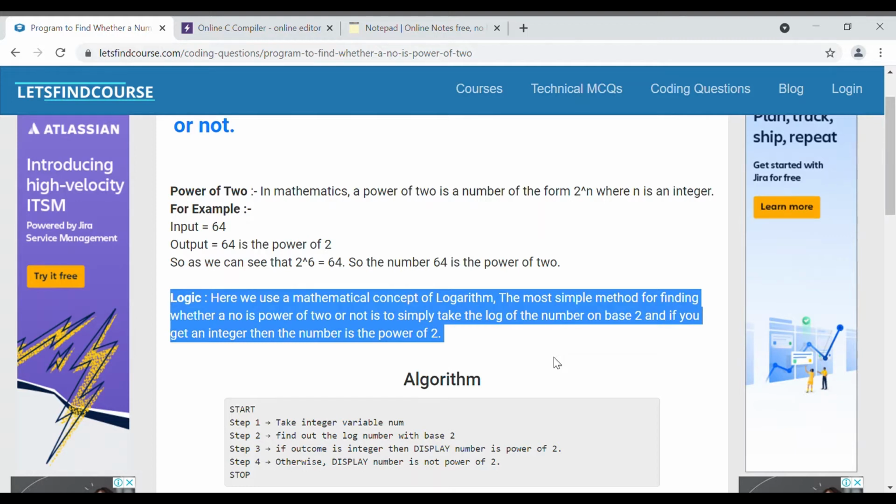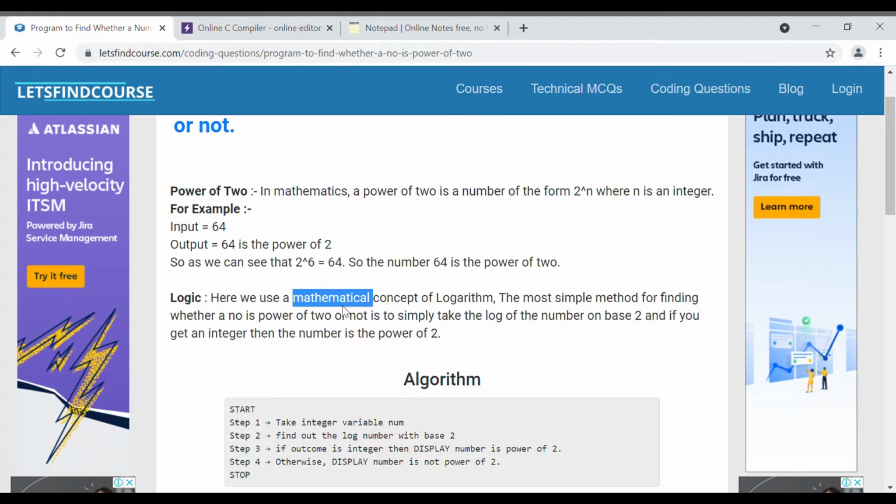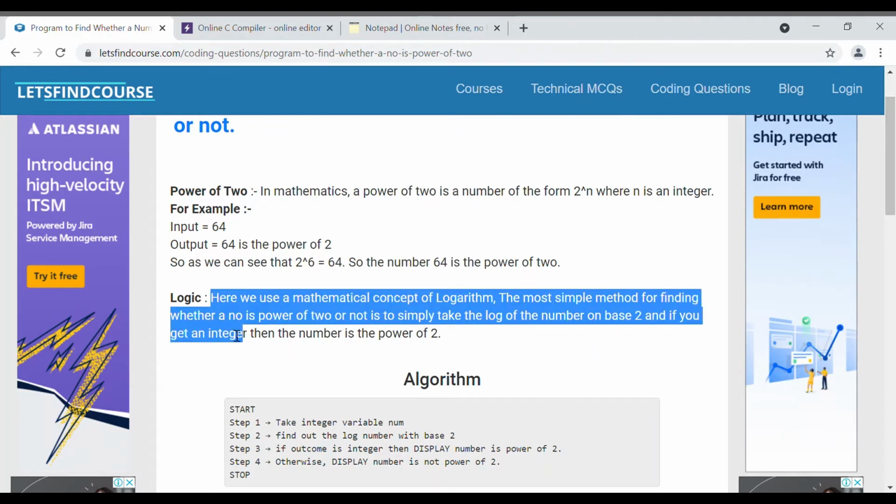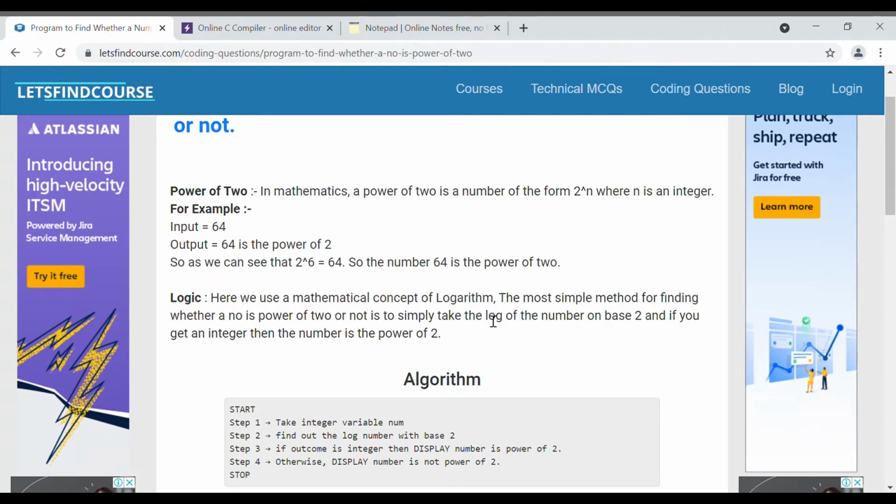This is a simple mathematical concept of log, right? So this is our logic. The most simple method for finding whether a number is a power of 2 or not is to simply take the log of the number to the base 2, and if you get an integer, then the number is a power of 2.